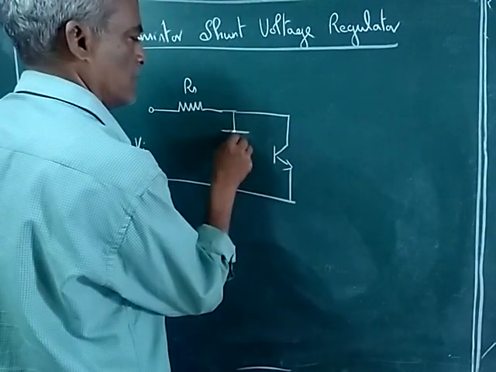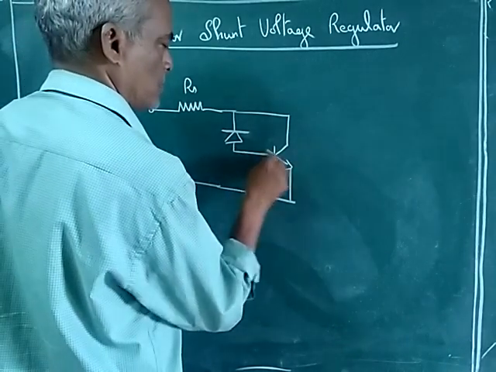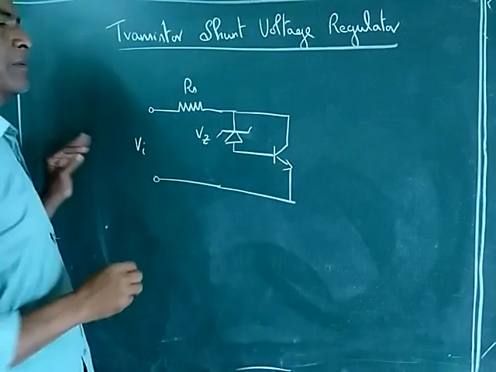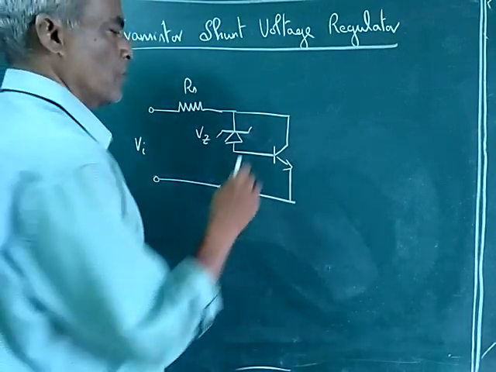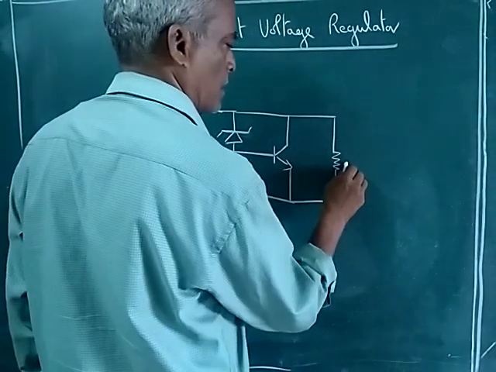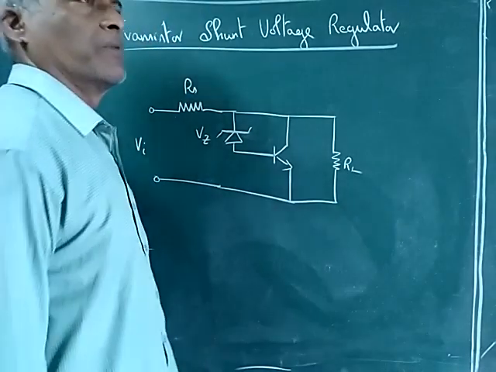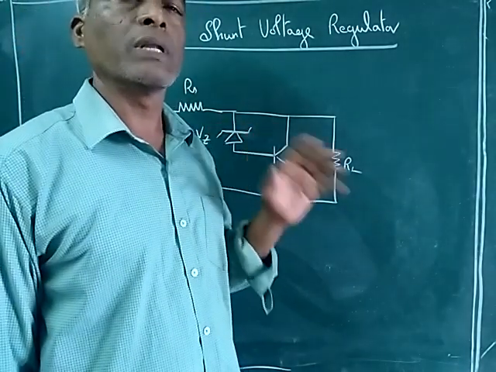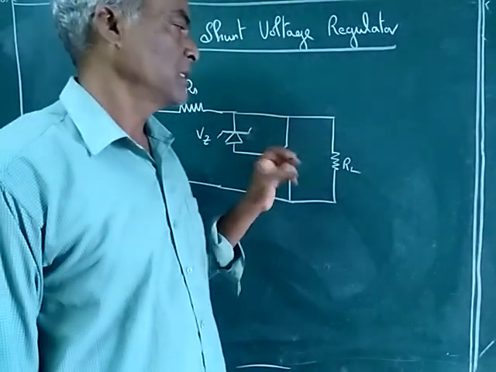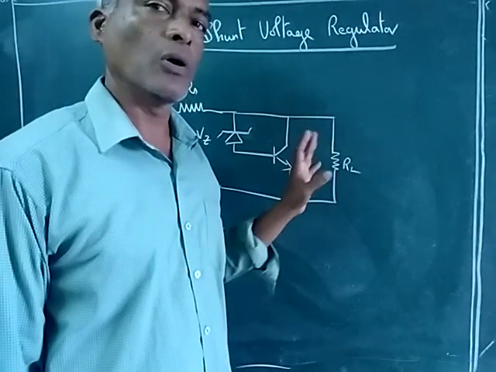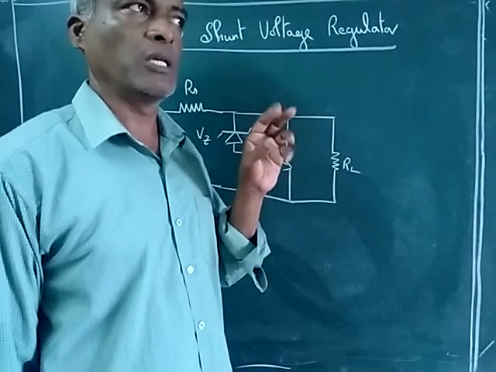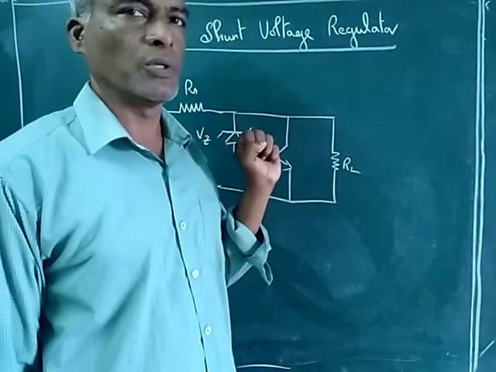And then we have a Zener diode here. So this is the Zener diode, and the breakdown voltage is Vz. Okay. Now we have the load RL. Whenever we discuss the load, we must design for the worst case. That means the load either can be short circuited or it can be open circuited. So two cases we have to analyze. Then only we will come to know how the circuit works.